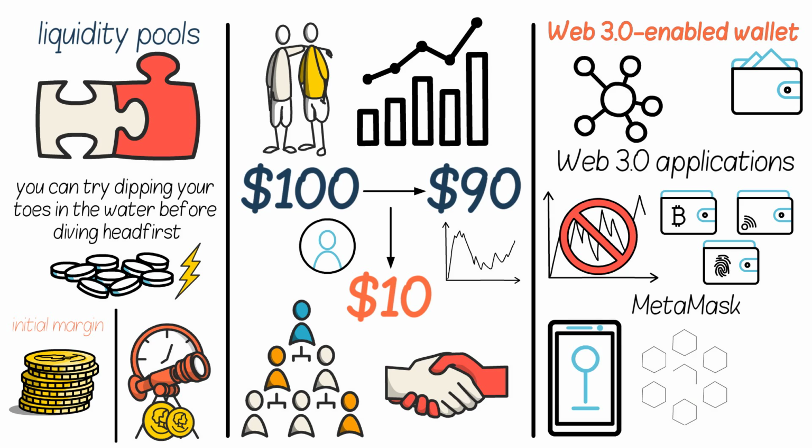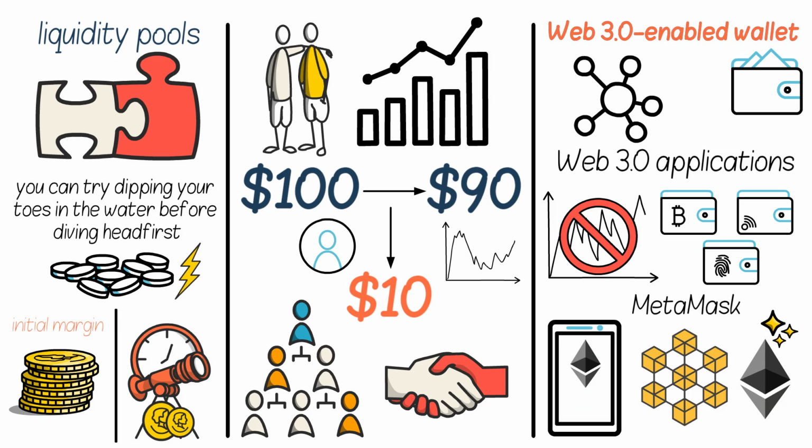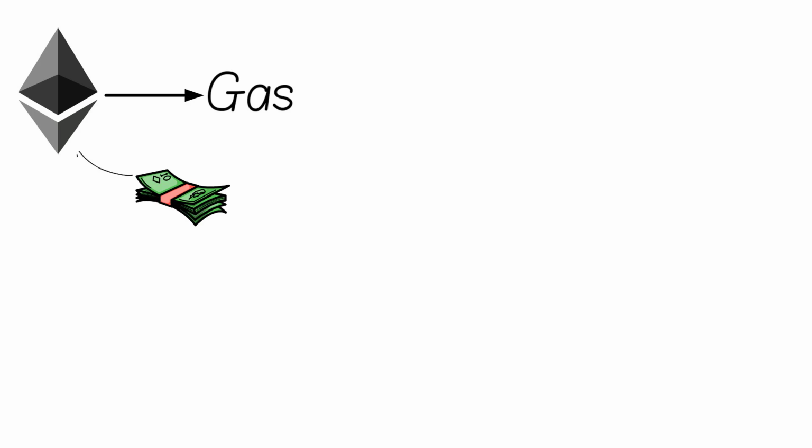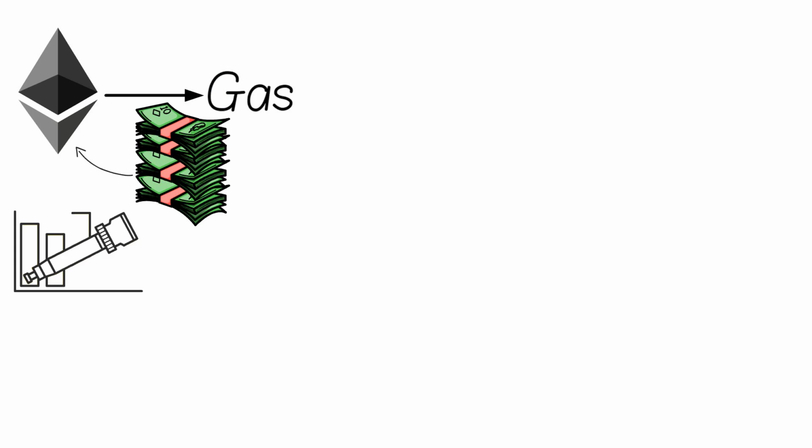Other blockchains are also supported by liquidity pools, but Ethereum is the most popular one. This is because a lot of the decentralized applications that are built on Ethereum use liquidity pools to trade tokens. The problem with Ethereum is that there is a lot of gas. Gas fees are the fees that you have to pay to use the Ethereum network. These fees can be high, so it's important to factor them into your trading strategy.